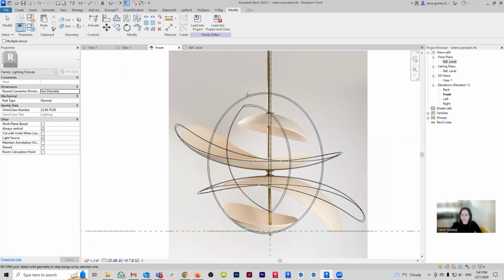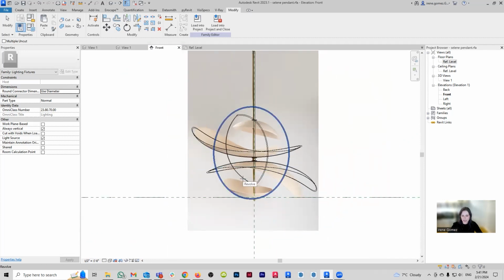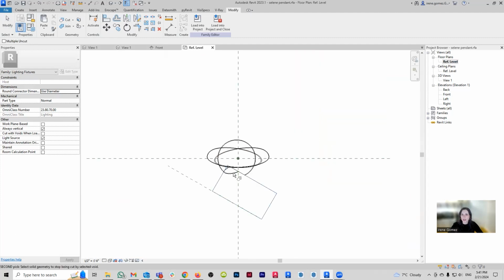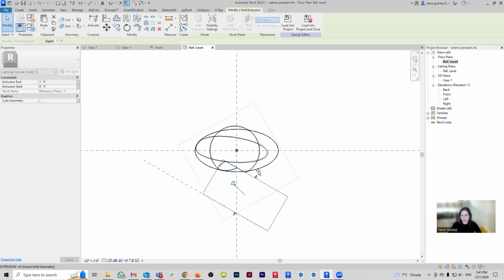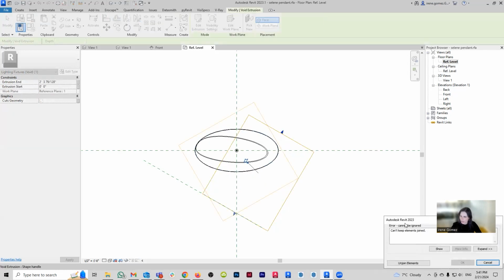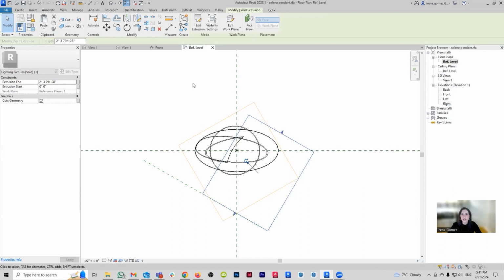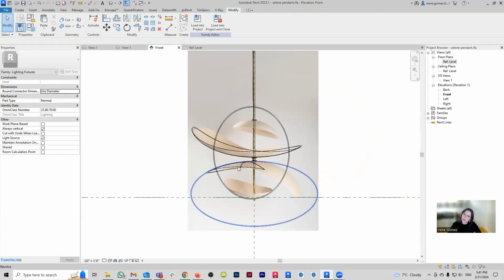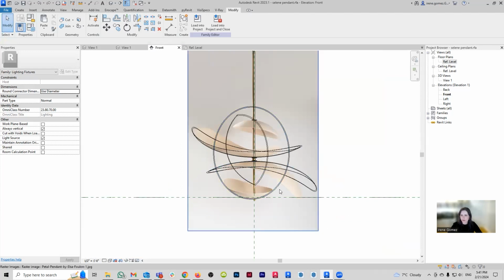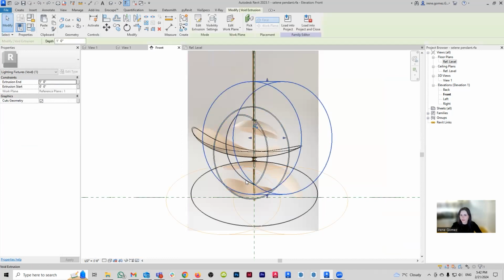Okay, so the reason that my egg is looking so weird is because I still need to edit how far it's being extruded. So for that, I'm going to go back here to my reference view. And as you can see, it's not really going through. So let's do something like this. Unjoin, that's fine. What is going on here? Ooh. See, now it's cutting that. It's not cutting the egg at all. You know what? Let me just redraw that void because it seems to be super confused about what it wants to do with its life.